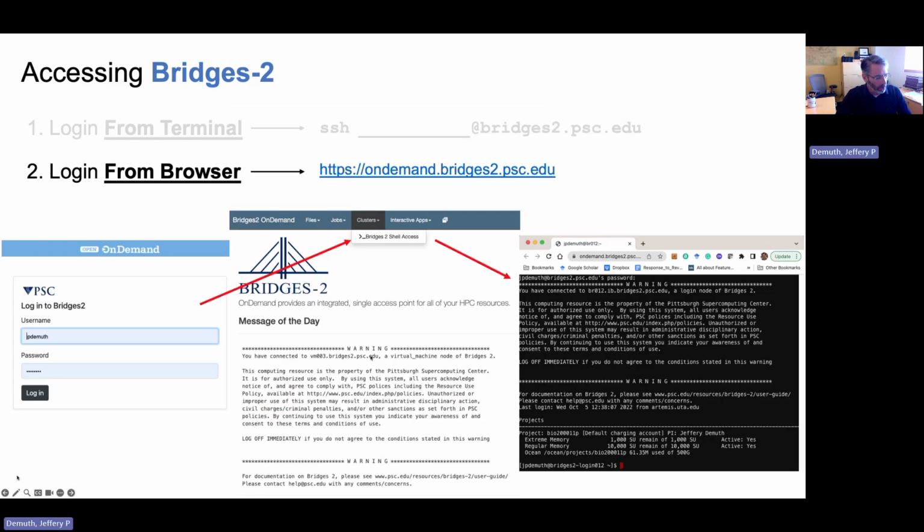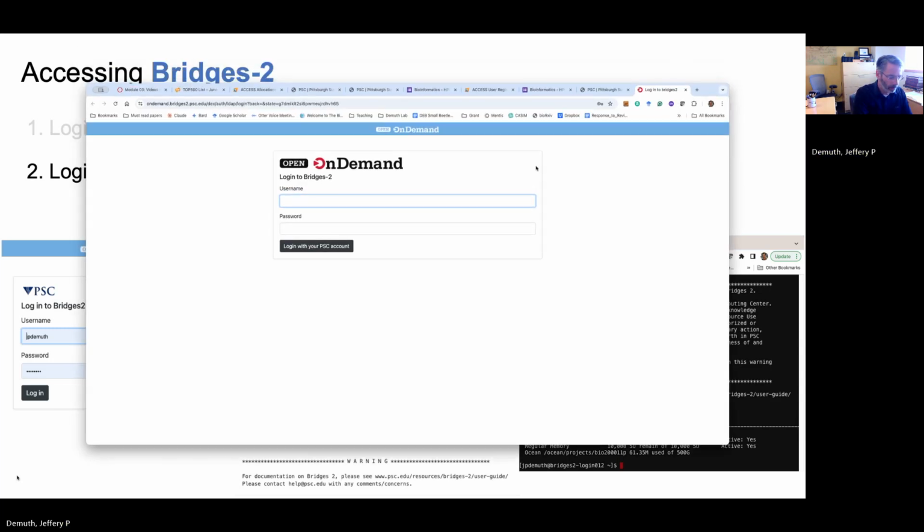The second way that you can get there is to use OnDemand. So this is the browser-based method that I was talking about, that instead of doing SSH to get in,